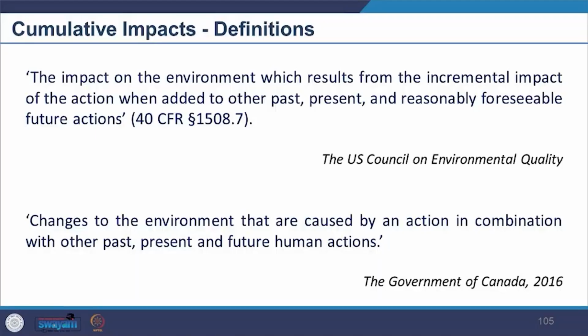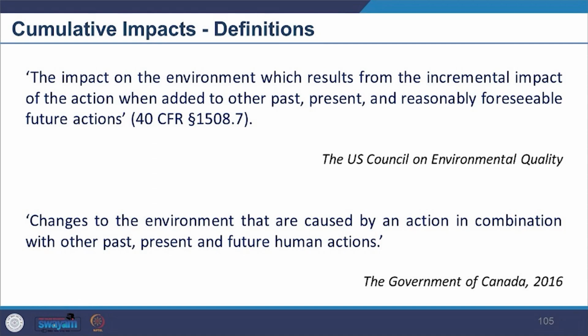So we did talk about this term before. Think how much impact one project would make, and how all the projects together, put in a larger time period, collectively make. So what kind of impact would happen? Because of the collective impact, the impact would be significant, whereas it would be insignificant when we consider the individual case. So looking at some of the given definitions, as defined by the US Council of Environmental Quality, cumulative effects